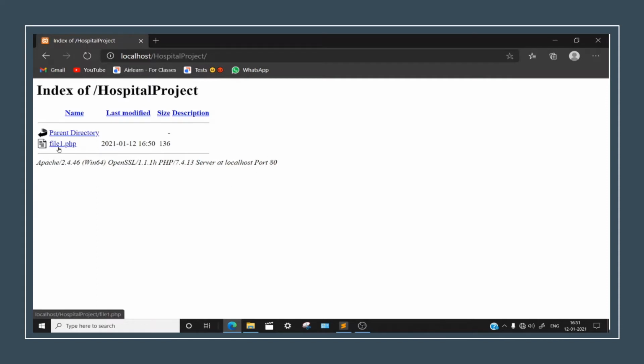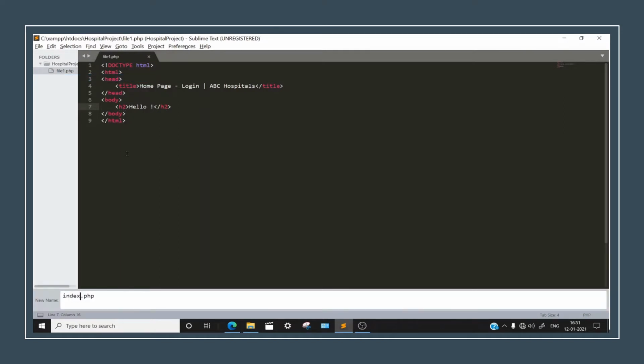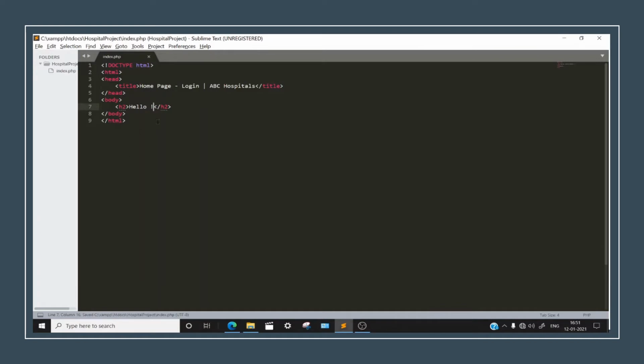You can see, if someone arrives at this place and sees some GUI like this, he will say, wow, why is this thing like this? Then he will click on this page and arrive. But I don't want this for my website, so that's why I'm giving it as index.php. Alright, so now let's remove this. And you can also increase this text size.